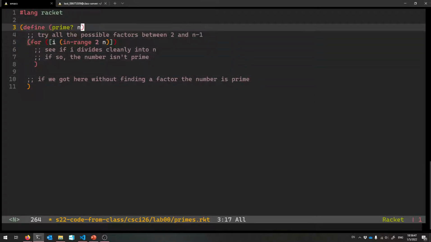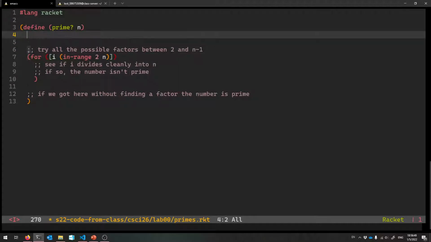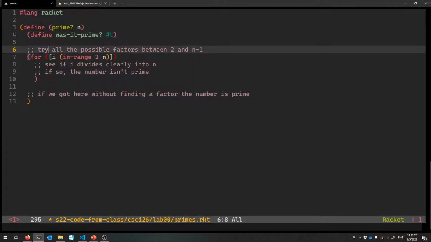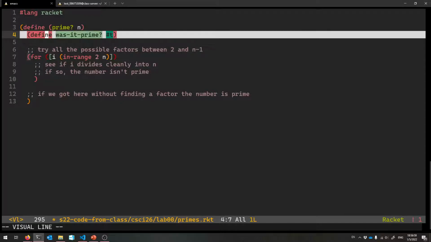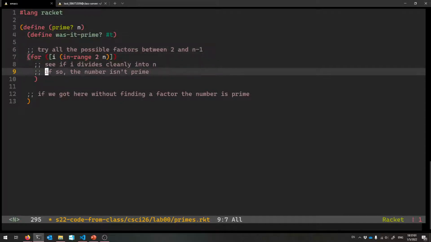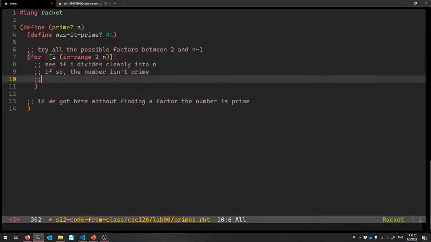So let's make it maybe like a variable. Let's say define, was it prime? Let's pretend that it is until we find a counterexample. Okay? So if we ever see a number that divides cleanly into n,